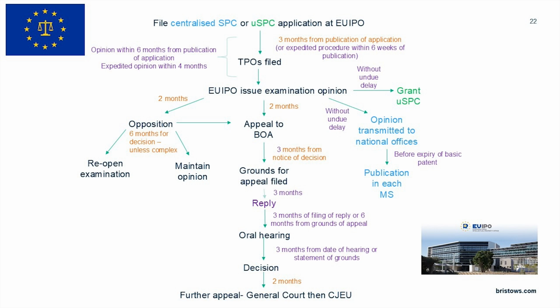Interestingly, the EU IPO has been proposed to become the Central Examination Authority for granting national SPCs in member states and the unitary SPC. This has surprised some for the lack of expertise of the EU IPO, but the proposal is for the EU IPO to be supported by the expertise available in national offices. As you can see, the proposed procedure is complex and we don't have time to cover it in detail, but